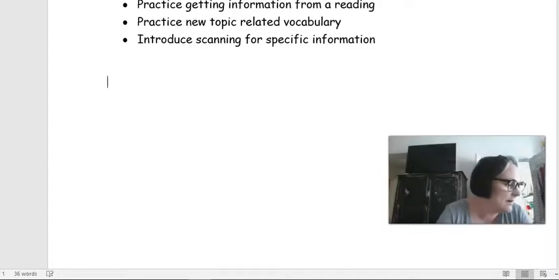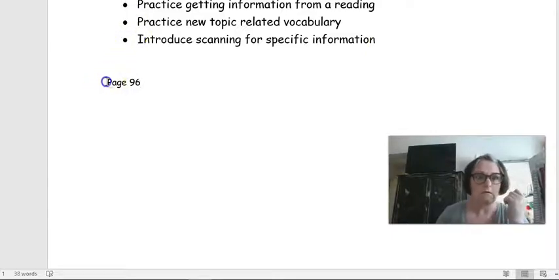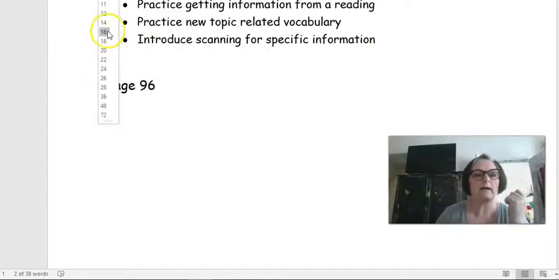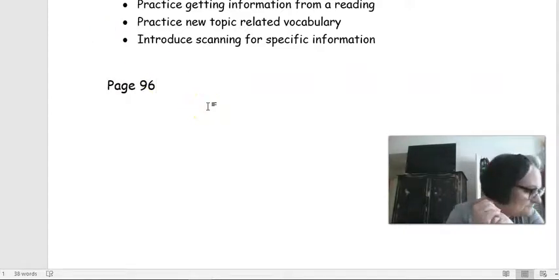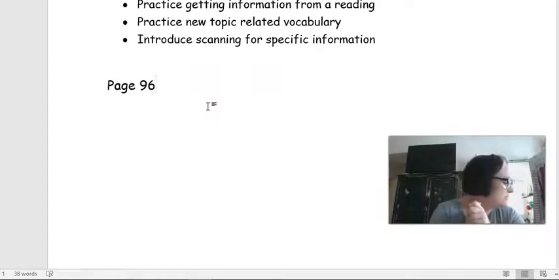And we're going to look on page 96 of your book. I know we've already covered that, but we're going to go back and look at that for just a minute. Okay, so do you remember Marco? He's on page 96. What is Marco? He's an orderly, right? At the hospital. So what does an orderly at the hospital do? What is his job?